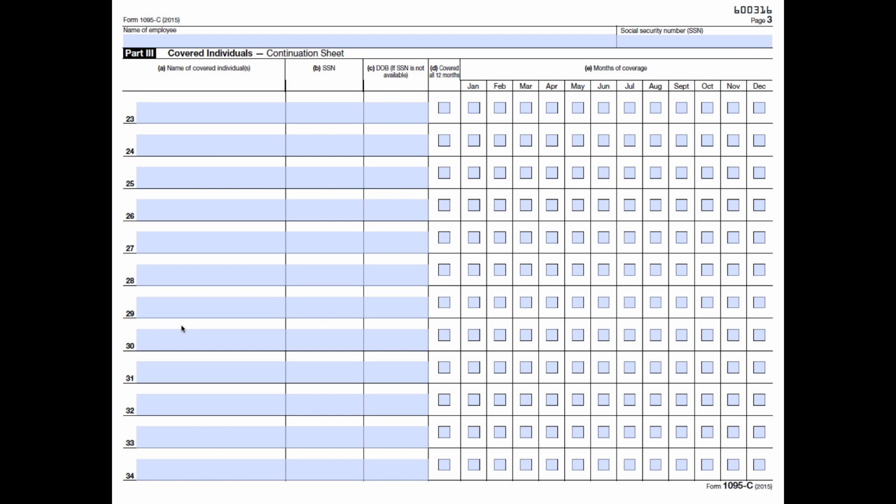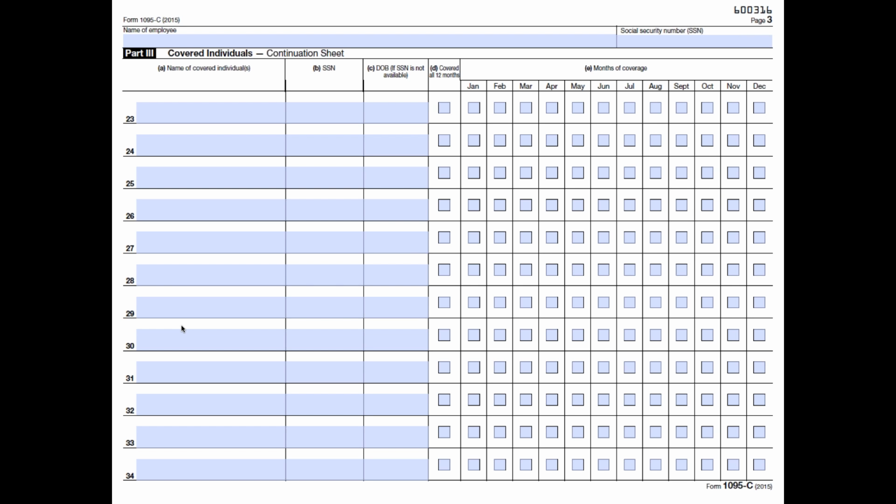And then on line 18, you put their spouse, and on the lines below that, you'd put any other dependents. If you don't have the social security number for some of these people, you're supposed to request it at least once a year for at least 3 years to try and get it. But if you don't have the social security number, it is acceptable to put the date of birth instead of the social security number. Do not put both. The IRS does not want the social security number and the date of birth. They want one or the other. And so you put the employee, spouse if any, dependents if any, and you keep going, which eventually brings us to the question,